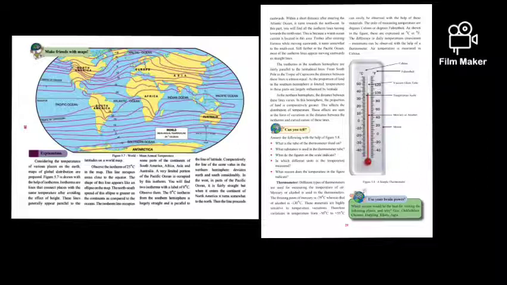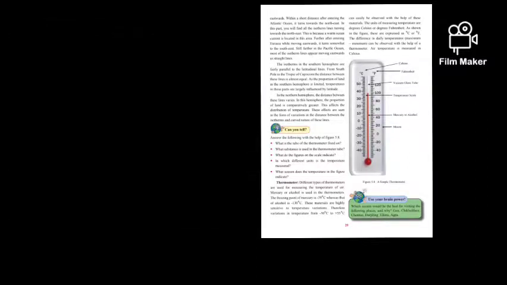These effects are seen in the form of variation in the distance between the isotherm and curved nature of this line. Okay, so this is how there is variation in the distance between the isotherm. Somewhere the isotherms are parallel in the southern hemisphere, most of the southern hemisphere, and curved nature of this isotherm in the northern hemisphere. I hope you understood this, no? Okay, yeah. What the mean annual temperature? Is this topic clear to you, children? Yes. Now let us learn about thermometer.